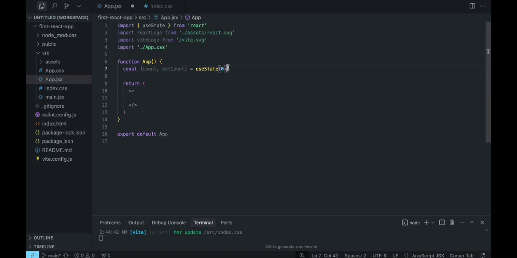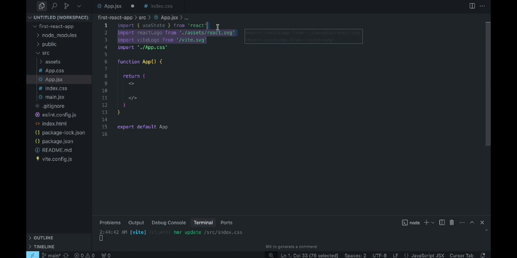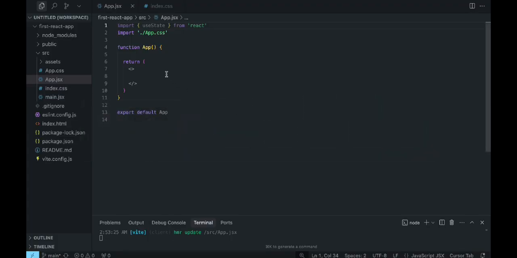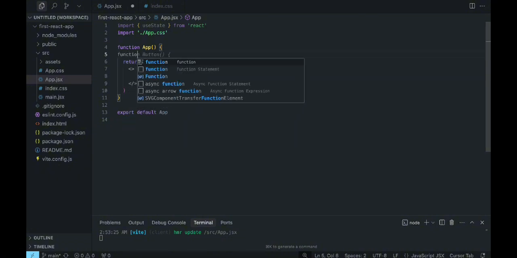I'm going to take out all of this, and I'm going to have only React imported. If I save this and go back, you see we have a blank page. So back to our code editor. Since we said components are just JavaScript functions, we're going to create a function. We're going to create a component called greet. So I'm just going to say function